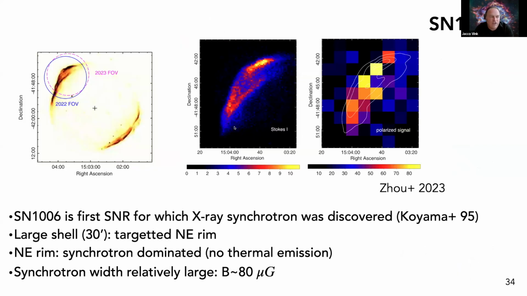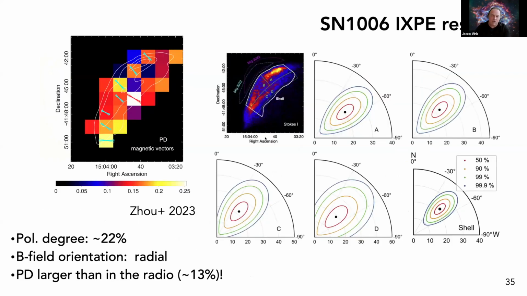Then 1006. We now have a second pointing, which is in the works, so expect that within 1 or 2 months or so. But for the PV phase data, we concentrated on the northeastern part, which is the brightest anyway. This is the Stokes I map, so the normal count map, and this is the polarized signal that we detected. And you see that the polarization degree goes a little bit more up there. From the width of the filaments, we know that the magnetic field must be around 80 microgauss, although inverse Compton emission gives you more like 30 microgauss.